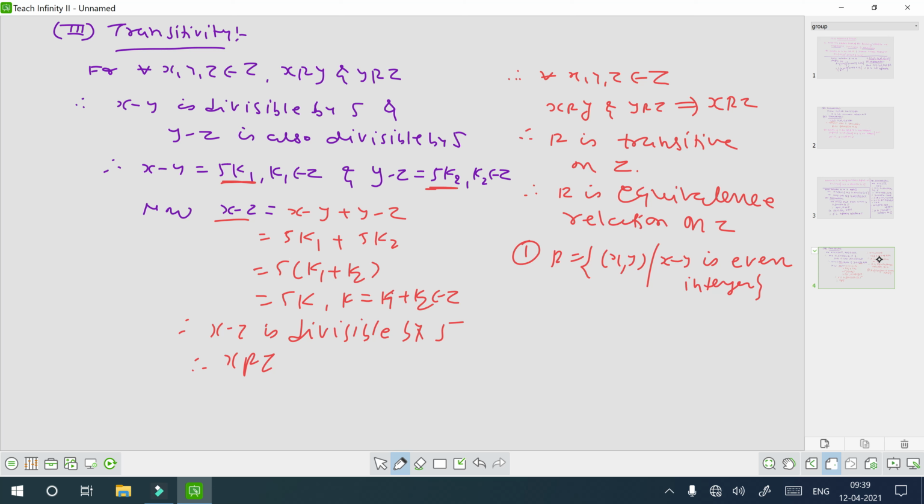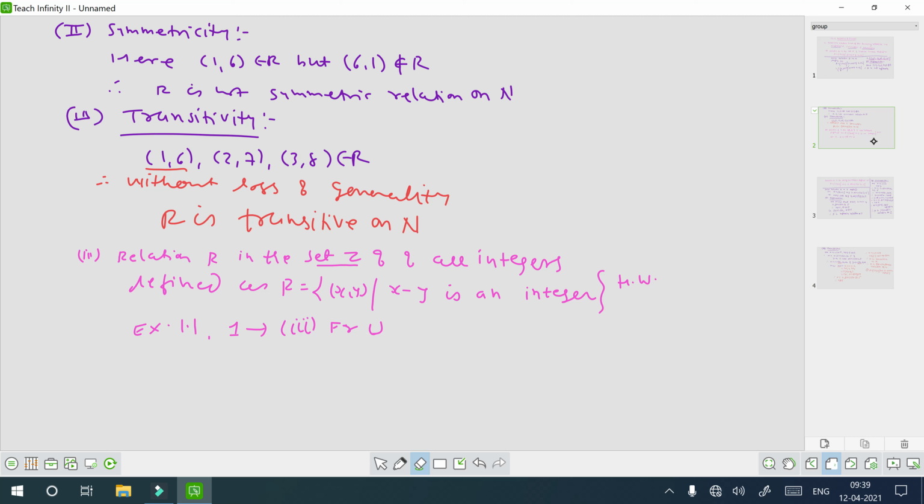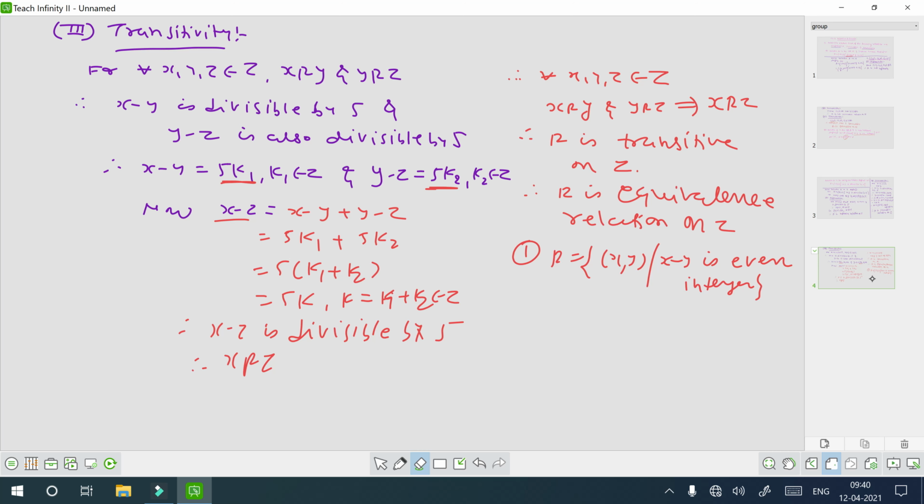And the previous example, we already noted, here x minus y is an integer, that is also an equivalence relation. This is example third, like this example. So it is easy to see that thing. Now let us see more examples. The first 4 parts of the example are complete. Main example number 1, 5th part.